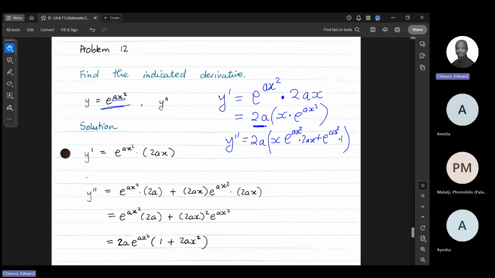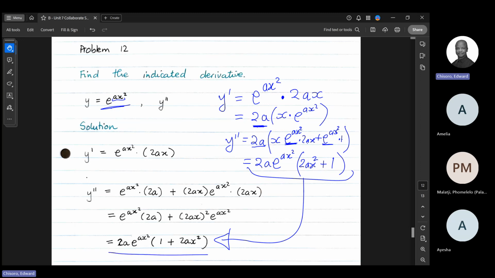And I can simplify this and see if we get to the same result. Here we have a 2a. There's another thing that is common here and there, e to the ax squared, so I can factor it out, and then here we'll be left with 2ax times x, so that would be 2ax squared, plus, here we'll be left with the 1. If you compare this answer to that answer, it's the same solution that we arrived at there. All right,